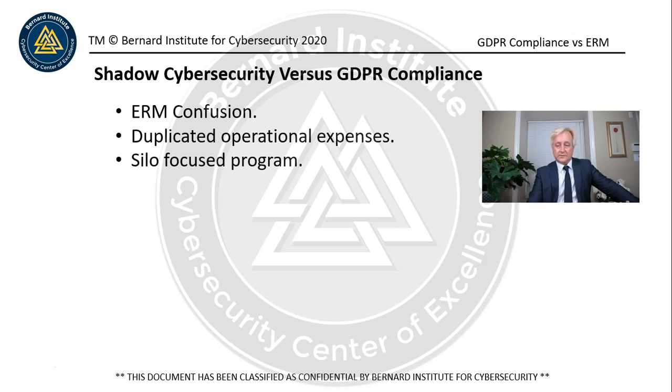Silo-focused programs always fail. They've failed for the last 50 years since IT became a profession, and sooner or later they get broken down. You just need someone smart enough to come along and figure out how to do that, right? Silo-focused, having GDPR or privacy running over here by itself, creating its own infrastructure and its own budgets and its own IT team, is going to end up in failure, because they're going to be running beside the people who actually know what needs to happen.